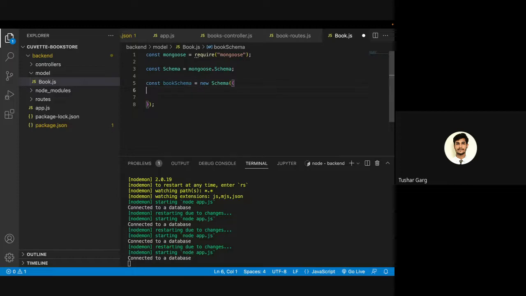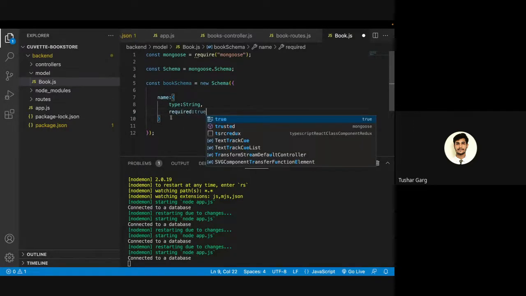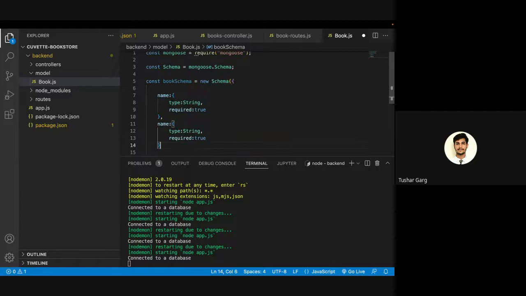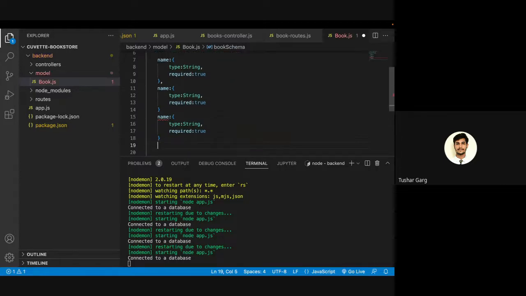And inside this, what parameters do we need to have? Name is one of the parameters, and the name is of type string. Whatever I need to define in the database, and required is a parameter: required is true. What else do we have apart from name? We can have the author. Then we can have description, price, and